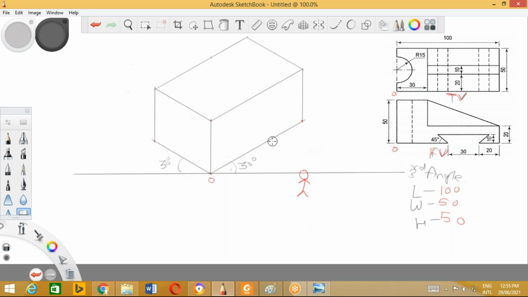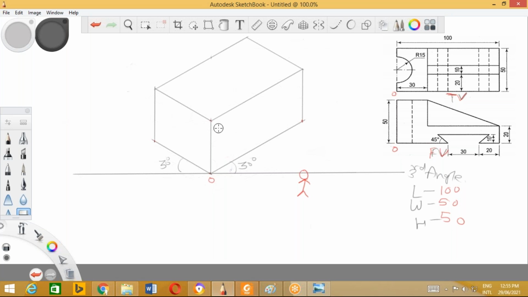What happens in manufacturing industries is that this type of raw material will be given to the operator, and just by looking at the drawing, the operator will remove the material and obtain a finished product. Getting me? A final product. The crankshaft and connecting rod which we have seen are manufactured in this way. Obviously these are manufactured by casting and forging processes, but there are some parts wherein material needs to be removed.